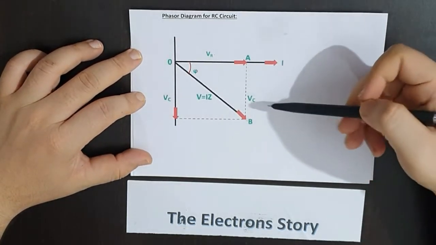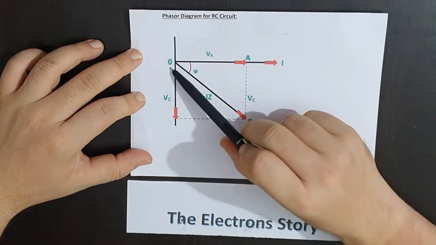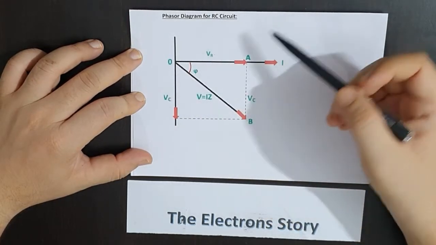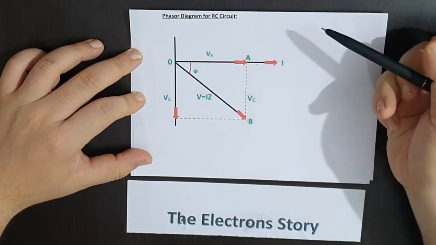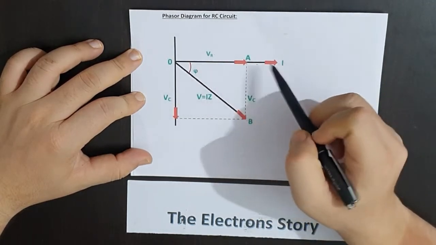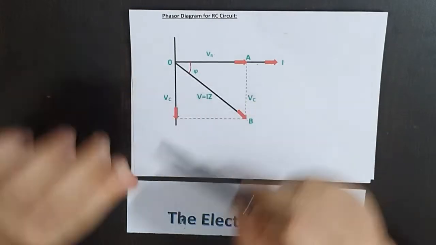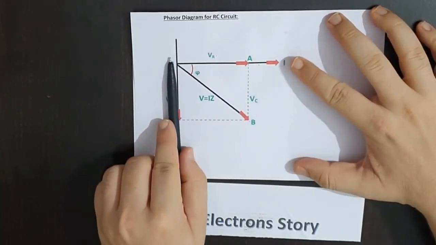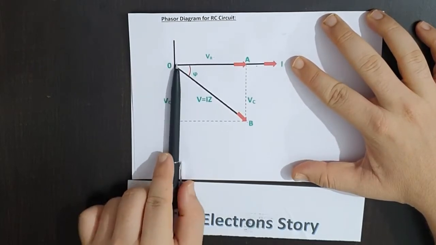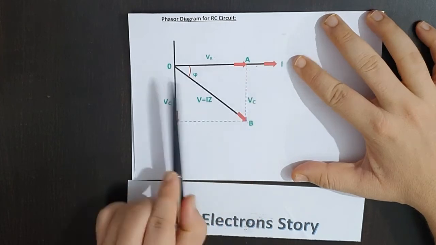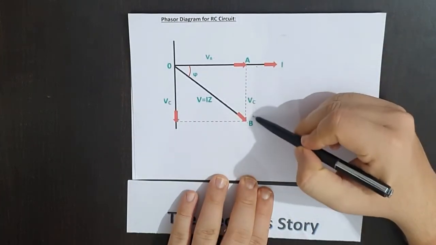So if you see this diagram which I have created, you see current and voltage of a resistor are in phase because there is no phase shift. But in case of a capacitive circuit, the current and voltage are at a phase shift of 90 degrees. You have seen this. So what I'll do is, I'll move this vector as per the vector addition rule. I'll move this vector here. Okay. Then how would it be? It would come like this.